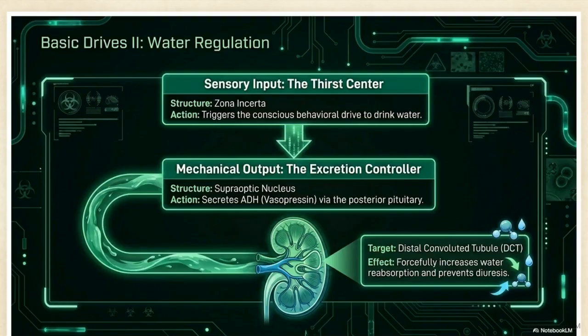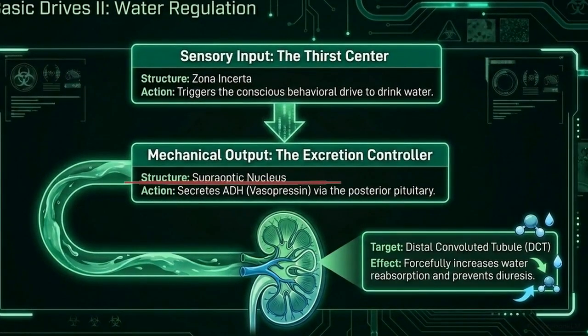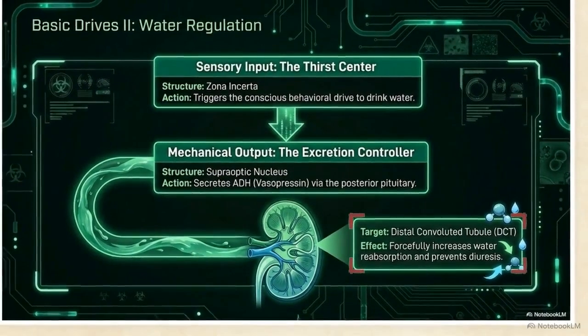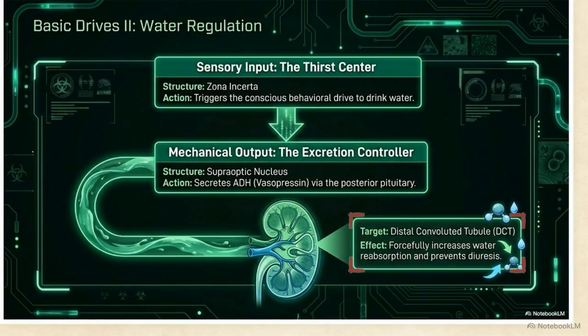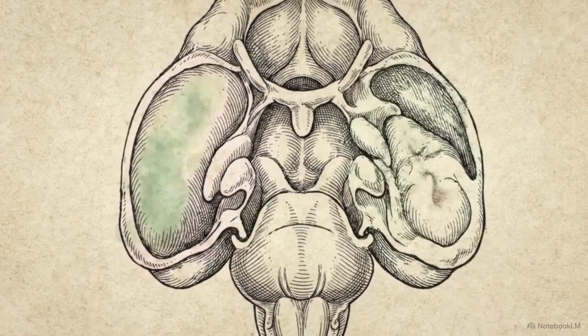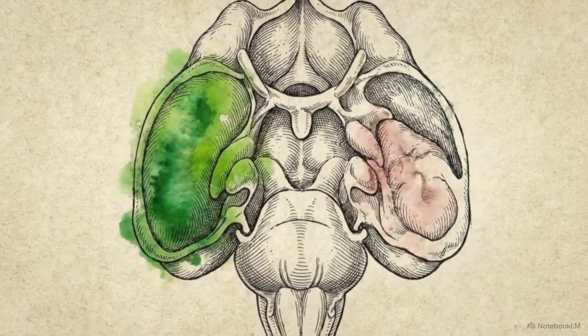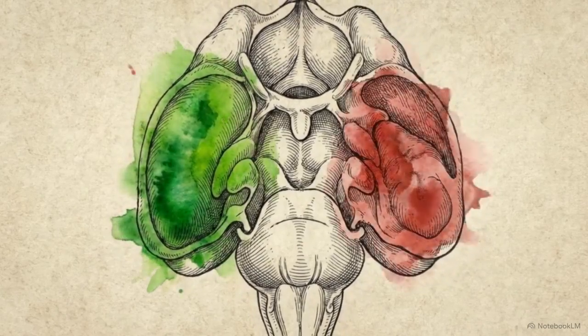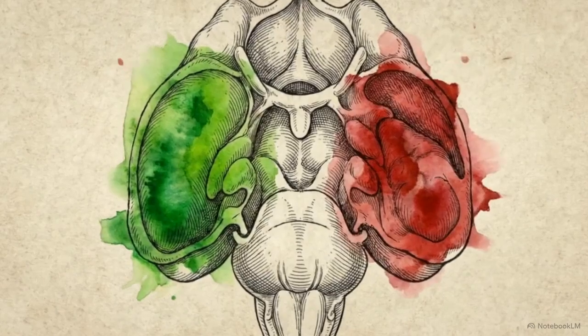This diagram tracks a similar input-output circuit for fluid regulation, starting at the zona incerta, which detects the conscious drive for thirst. That trigger translates into mechanical output at the supraoptic nucleus, secreting ADH down to the kidney to maximize water reabsorption. The drive to eat or drink feels like an abstract conscious choice. In reality, these foundational behaviors are the unavoidable result of antagonistic, geographically segregated regions firing against each other within the